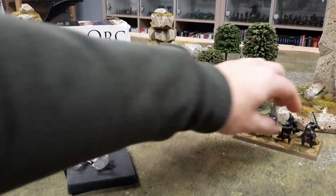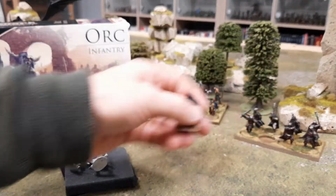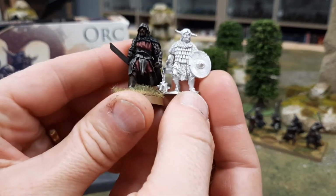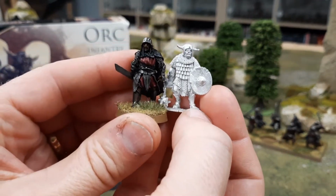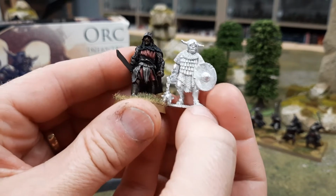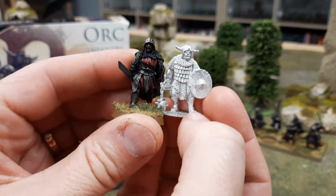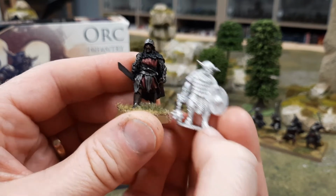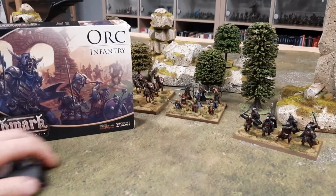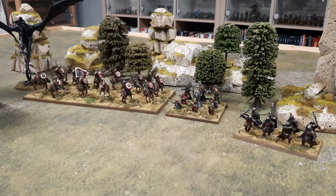Let's have a look actually, the size comparison here. Let's grab one of these. Standing on there. Yeah, as you can see, they fit in really quite well. Slightly, well, not much in it, is there? About it. Yeah, really nice. So I'm looking forward to getting those done. What I've also got, let's move that out of the way, is